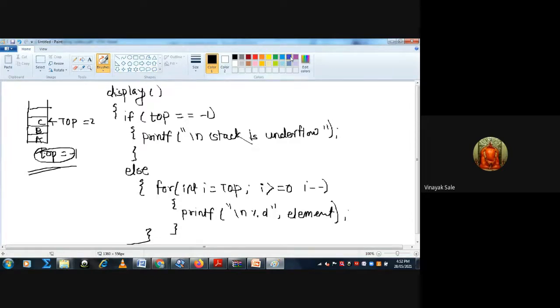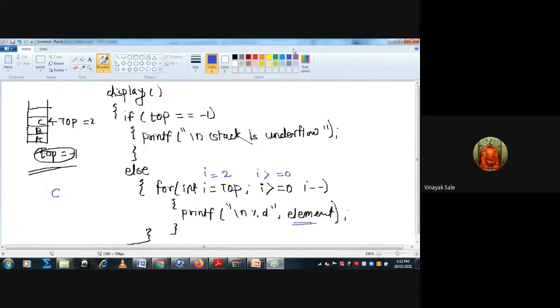We'll see here. Suppose top is equal to 2, that means i is equal to 2, then i greater than or equal to 0. This condition becomes true, then the element at top, that is the first element, will be printed as C. The first output is C. Then decrement the value of i.